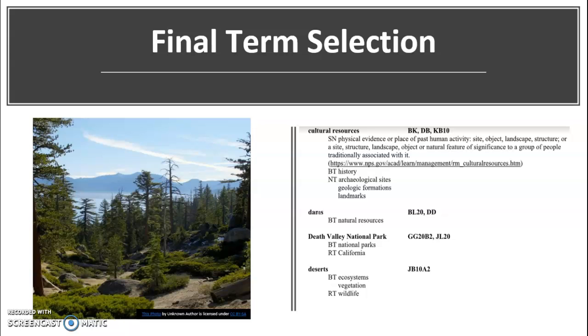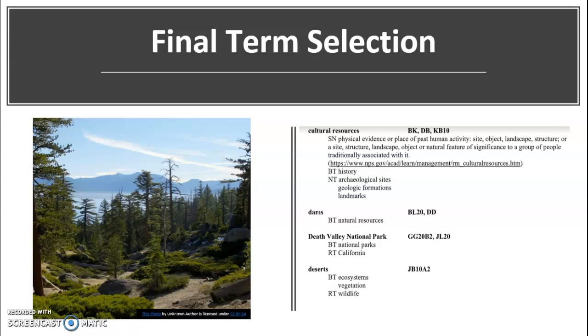Once the finalization was completed, we organized our terms in alphabetical and classified indexes. We outlined the alphabetical index first, adding the hierarchical relationships between terms. We then completed the classified index using a tree index and assigning classification notation. Comparing the alphabetical and classified index uncovered mistakes in the alphabetical relationships, which were then able to be fixed. This example shown is from the completed hierarchical index, showing the diverse terms that we used in our thesaurus.